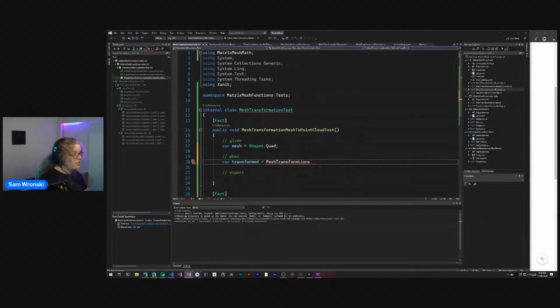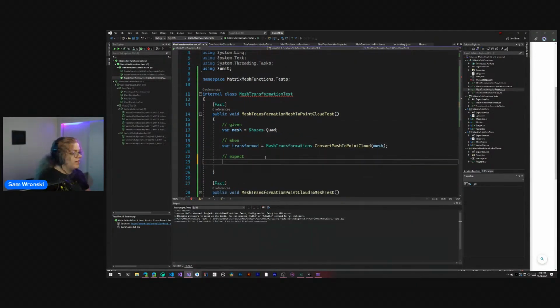So mesh transformations dot something. Actually import that. Transformations. I can spell, I swear. Convert mesh to point cloud is what we want. So we're just going to convert our mesh, and then we expect these two things to be the same. This might be a little bit weird, but